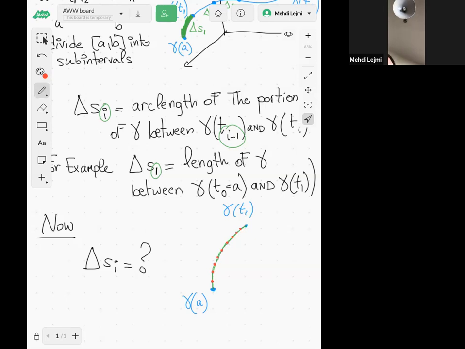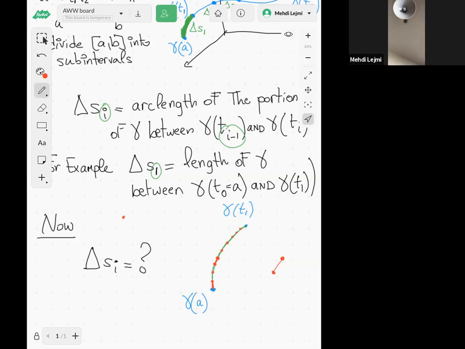They are so small that if you zoom in, they look like a straight line. And if you have a straight line, then we know how to compute the length of a segment between two points. We can use